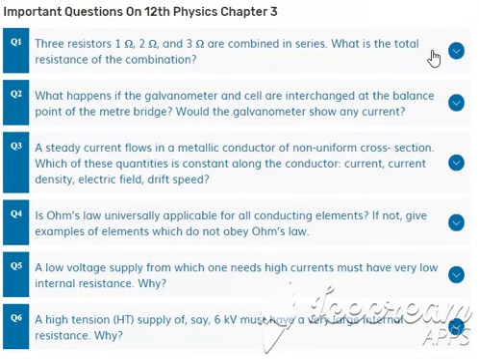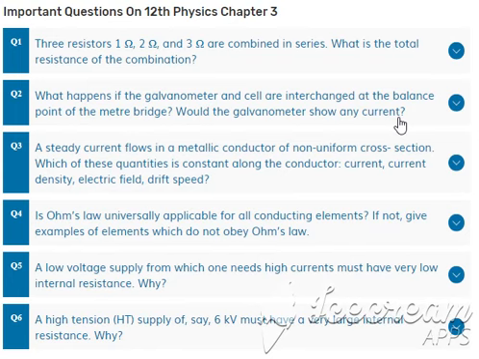The second is, what happens if the galvanometer and cells are interchanged at the balance point of the meter bridge? Would the galvanometer show any current? Now this question means, when we have learnt about the meter bridge, there are two things here. There is a galvanometer, there is a cell. After finding the balance point, if you change their position, the question is, will the galvanometer show any deflection or